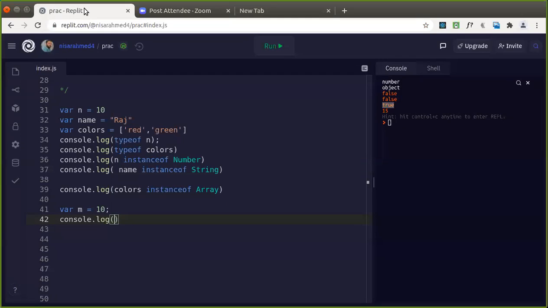You can just check it out. We are applying on that one, isn't it? Now whenever we are applying this on the object m, good.